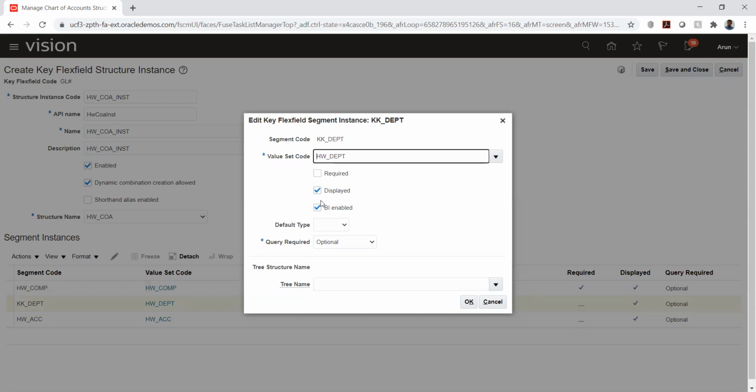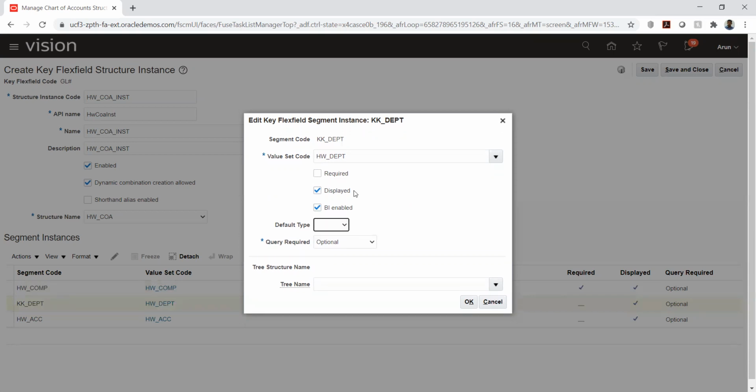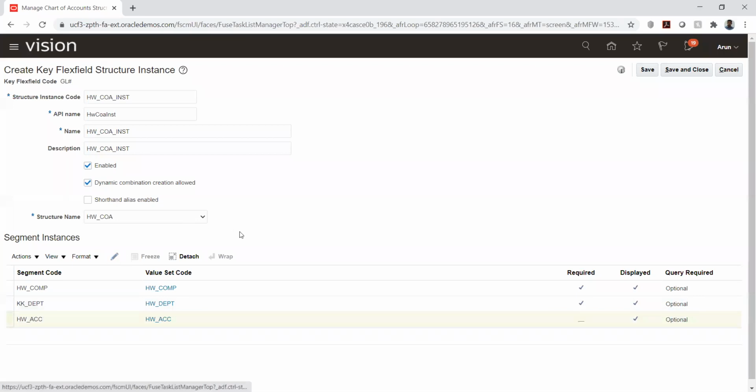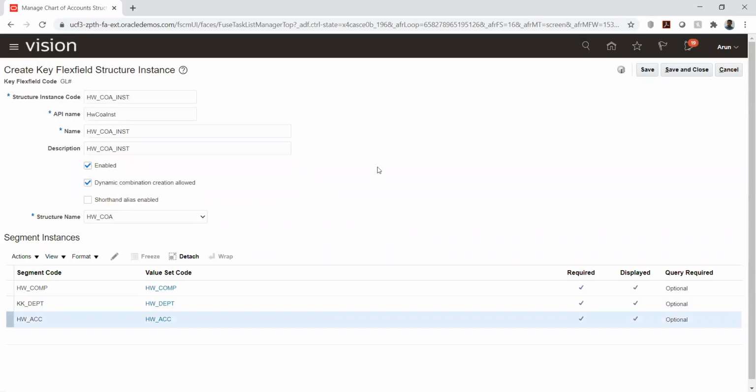Let's say I don't want to have the segment called department. What I can do is leave this required as it is and give it as a constant. If I give a constant, I'll have a default value, and the system will by default update this value. This way we can disable this required option. For now I'm selecting this as required so that we can use it in the asset module as well. But that is the option that we have for disabling it, or if we want to have maybe 6 segments instead of taking all 10 segments.